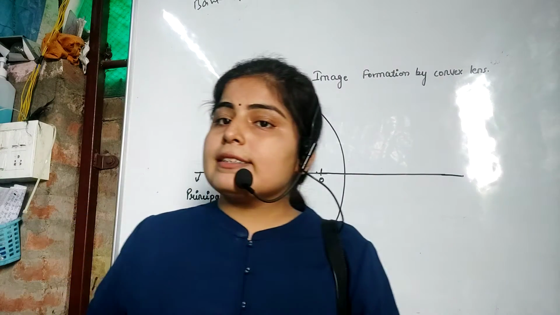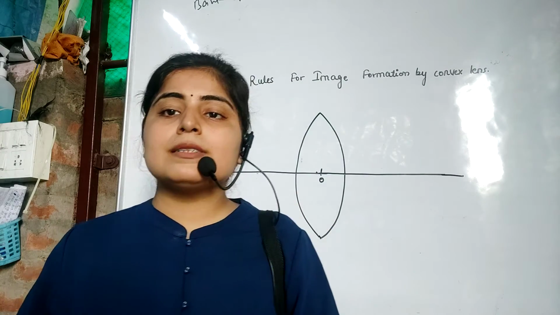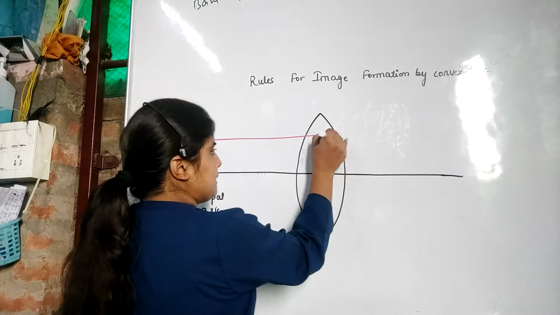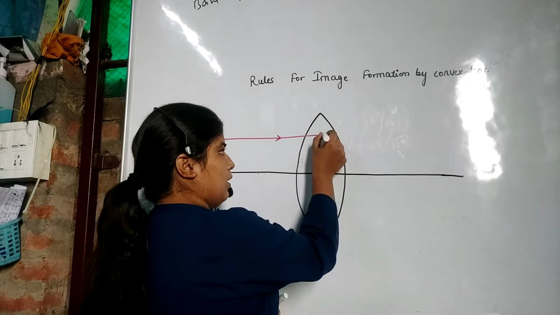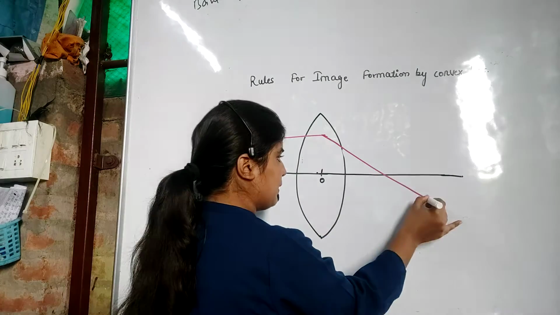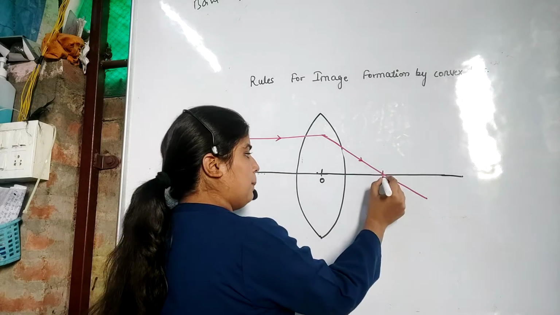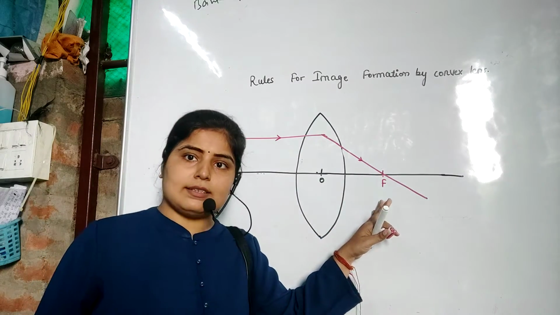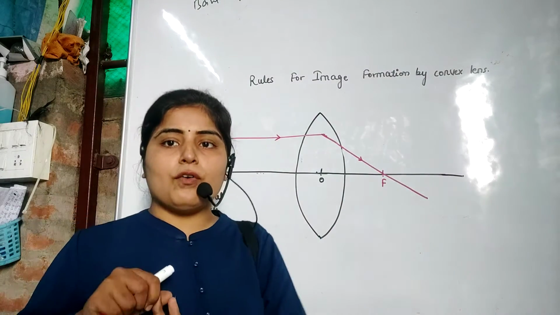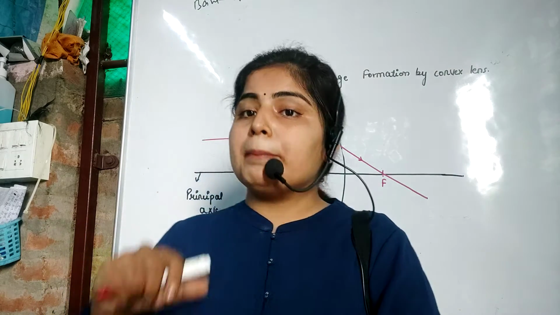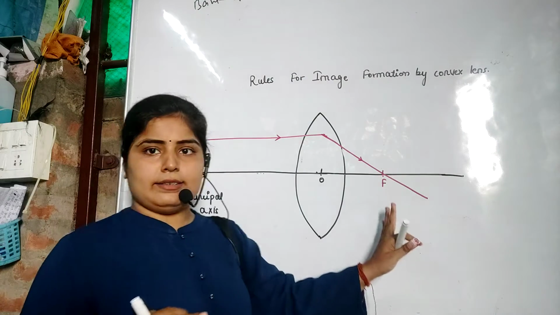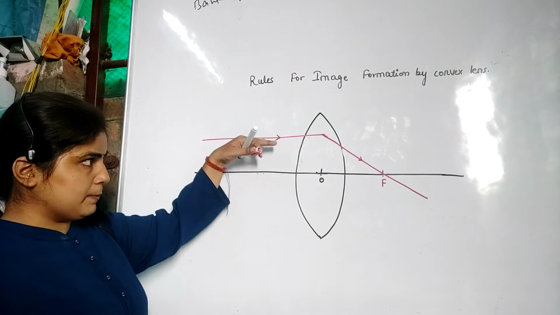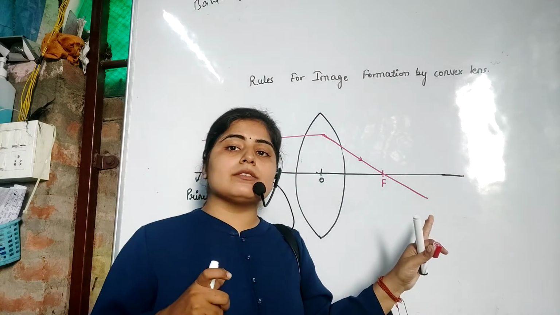Okay, so what is the focus? That is the main focus or principal focus. A ray of light which is parallel to the principal axis passes through a point on the principal axis, and this one point is called the principal focus. So this is the main focus of the convex lens. Two foci are there, f1 and f2, but the main focus of the convex lens is on the right side. Because what is the main focus? A ray of light which is parallel to the principal axis passes through the point, and that point is called the main focus.